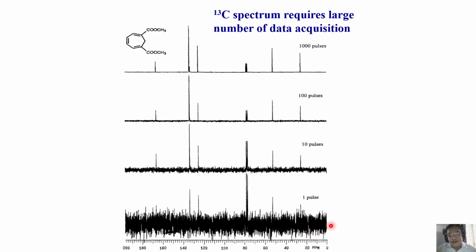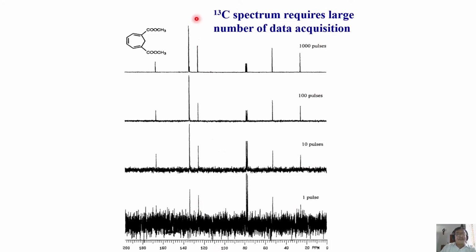On the other hand, we can do the coding of the data. Instead of one pulse, I'll send 10 pulses, one after the other. You send a pulse, collect the signal. And afterwards, send one more pulse, collect the signal. Send one more pulse, collect the signal. And then keep on adding the data every time you collect, one above the other, like this. We call it accumulation of the data, or signal averaging. So you send one pulse, then acquire 10 pulses. Now apply 100 times, 1000 pulses you apply. Every time add the data.